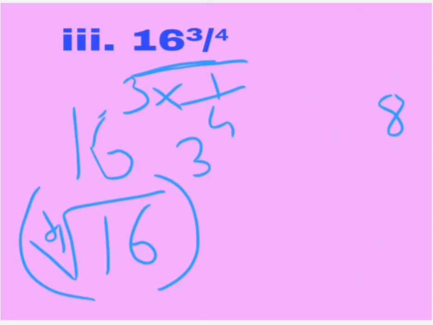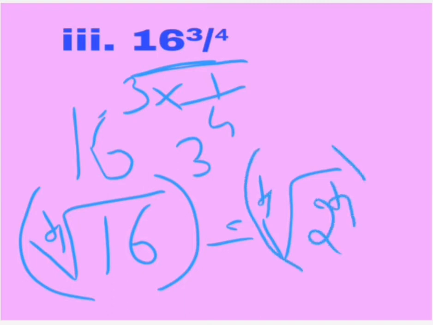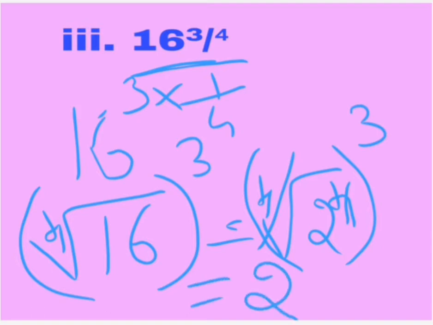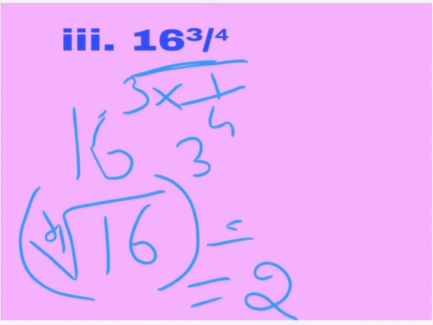So instead of 16 we can write this as fourth root of 2 to the power 4 whole cube, right? So here the fourth power and fourth root get cancelled. So we are going to get 2 cube. Let's erase this. We are going to get 2 cube. 2 cube means it is equal to 8. So that is the solution for your third sub question. Let's move on to the fourth sub question.